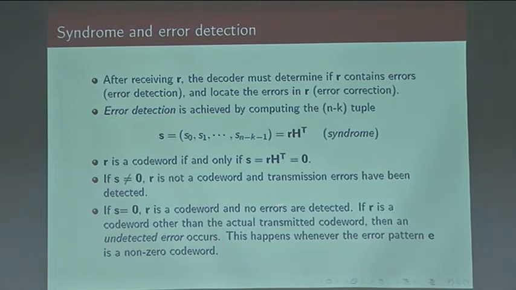Now, in a linear code, this can only happen when the error pattern itself is a code word. So if the error pattern is a code word, and you take your transmitted code word and add to that the error pattern, which is a code word, you get another code word, because it's a linear code. And that's still going to give you a 0 syndrome. So there's no way to detect that. And that's why